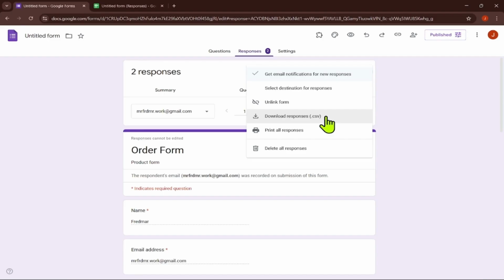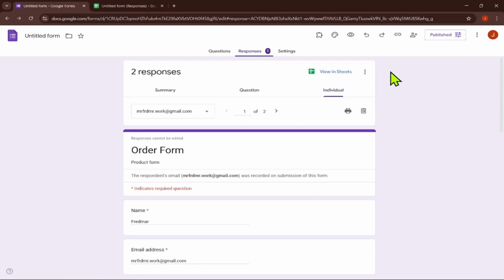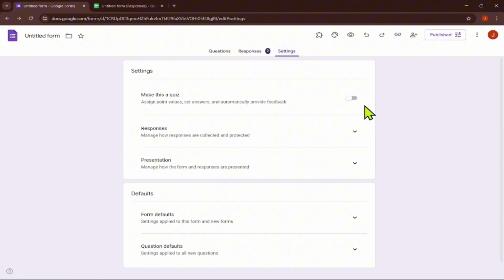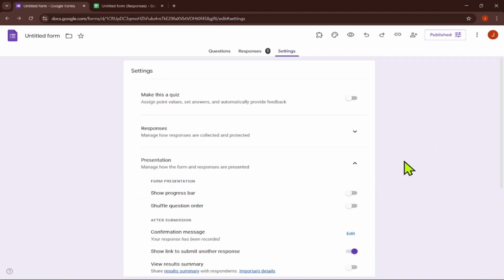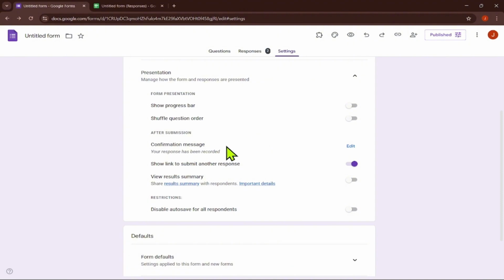One important thing to remember is that these response views are mainly for the form owner or collaborators. If you are just someone who filled out the form, you usually won't automatically see all answers unless the form owner turned on a setting to share the response summary with responders. Google says that when View Results Summary is enabled, people who can respond to the form can also see the